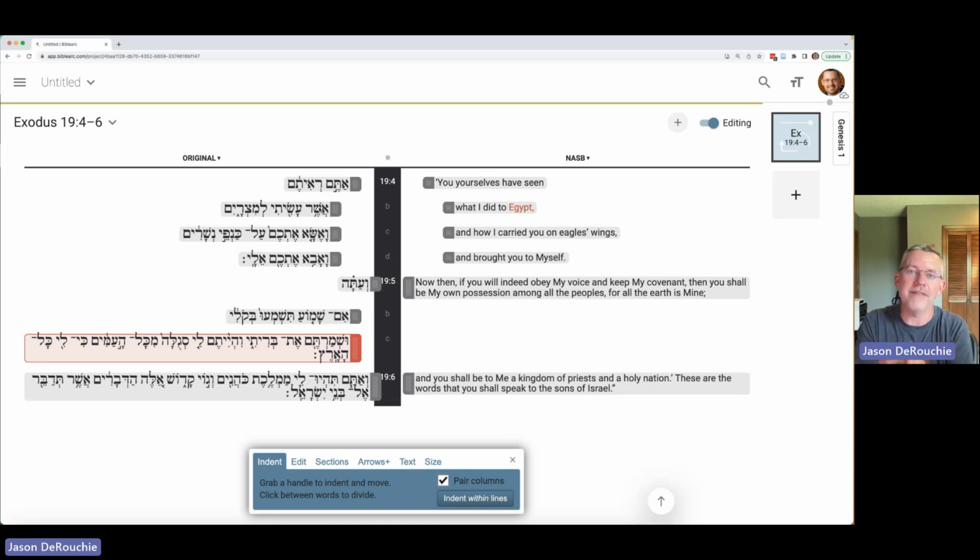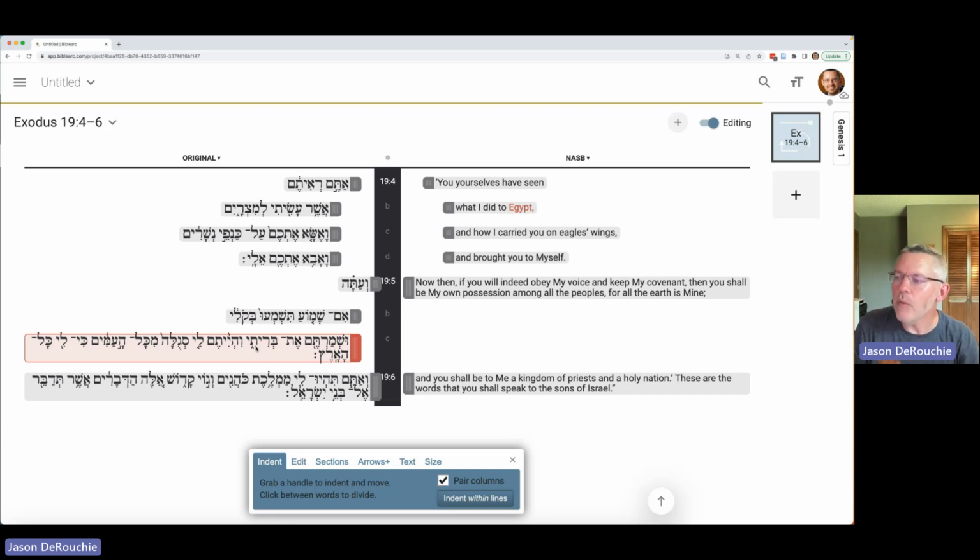They can just add vav, and it assumes the continuation of the asher. You have seen what I did and how I lifted and how I brought. Similarly here, that if, when followed by a vav, indicates that the second clause is controlled by the im as much as the first clause is controlled by the im. So it's, if you will surely heed my voice, listen to my voice, and if you will keep my